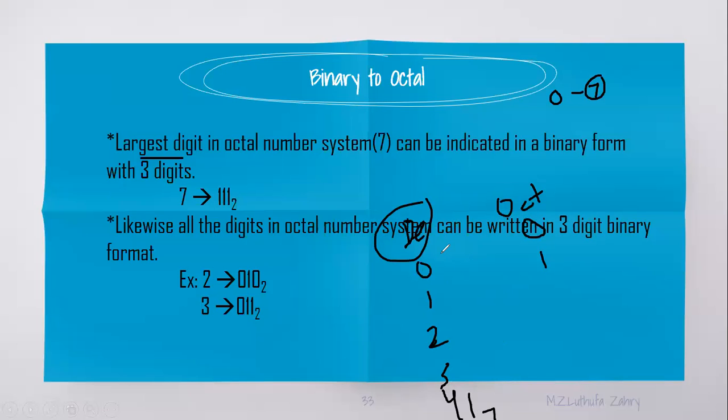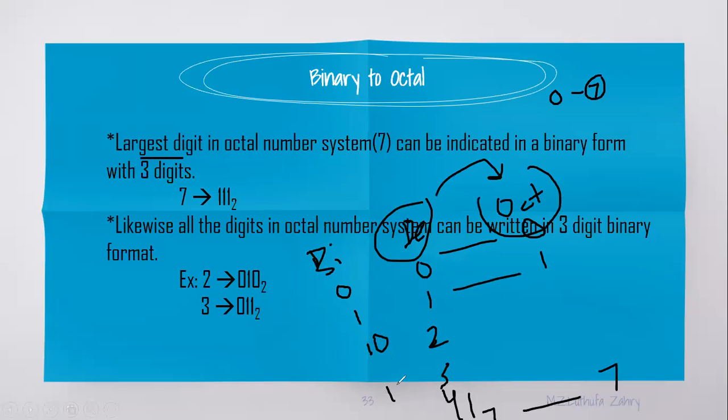So 0 of decimal is equal to 0 of octal. 1 of decimal is equal to 1 of octal. So till 7, the decimal will be equal to the octal. So for the binary also, binary of decimal will be equal to the binary of octal. Okay, so that we have the binary here. So binary of this will be 0, 1. Then this is going to be 1, 0. This will be 1, 1. When you convert it, you will know it. Okay. So like that, it will go on. So the binary of this decimal till 7 will be equal to the binary of octal also.